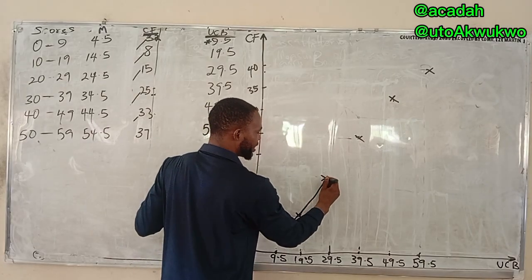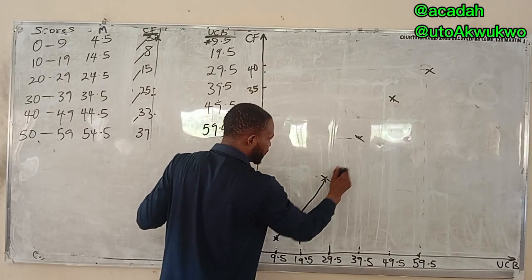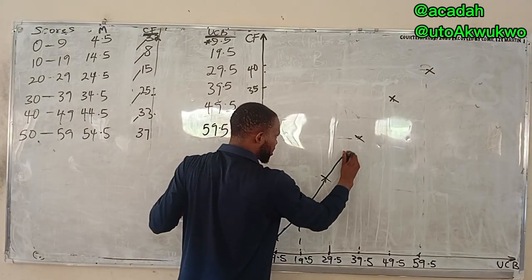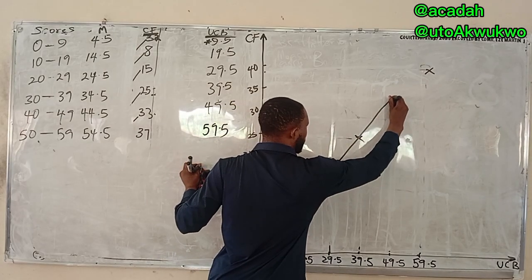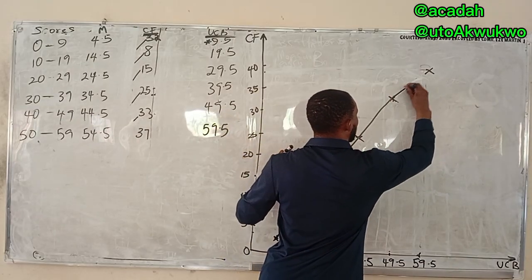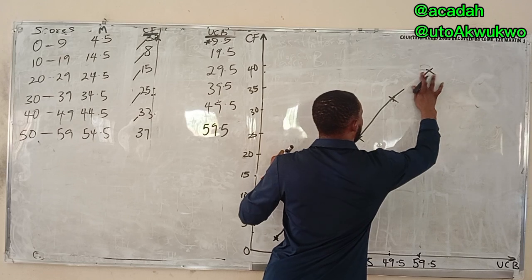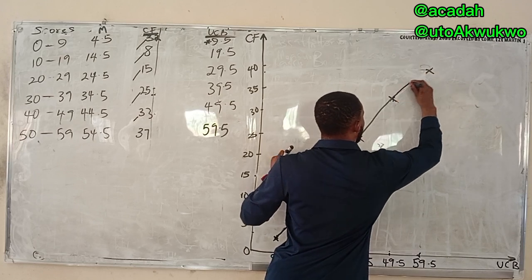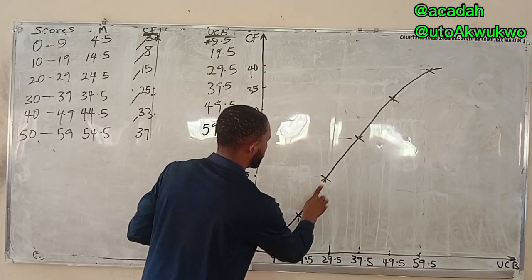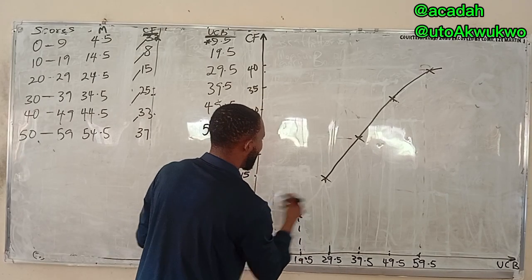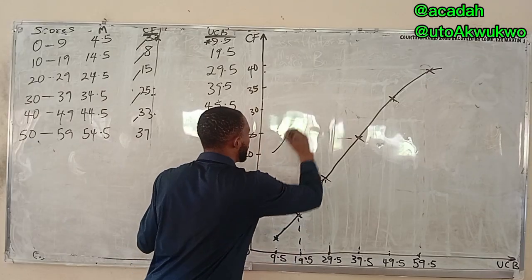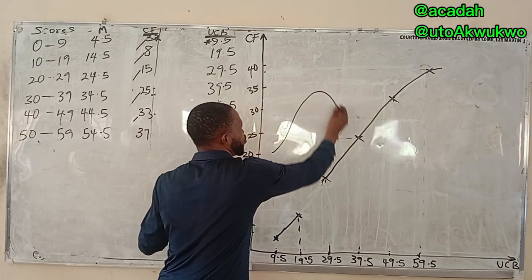parts where mentally you notice that if you join this, make this look like a straight line, you try to establish something like a curve. That's what I mean. I'm still going straight here. So notice what I've done here. It's not like I'm forcing the curve. But when you look at it, you notice that it's like something that wants to go like this. I think it has more information to talk about.